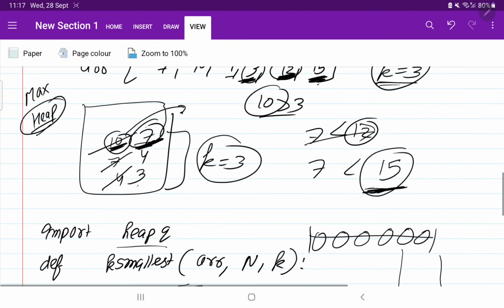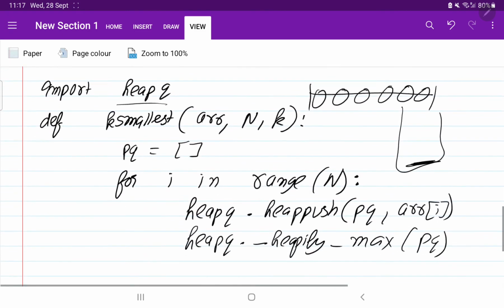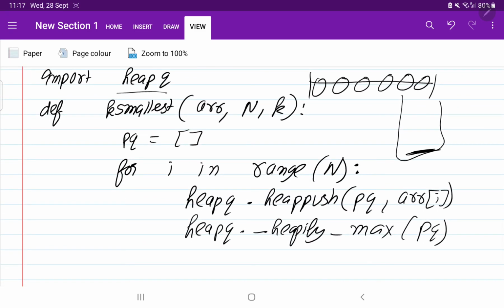Suppose what we have got here, I told you 4 was there, so we need to keep 10 at the top. By using this command it will bring the maximum element to the top. Okay, these two parts are done.